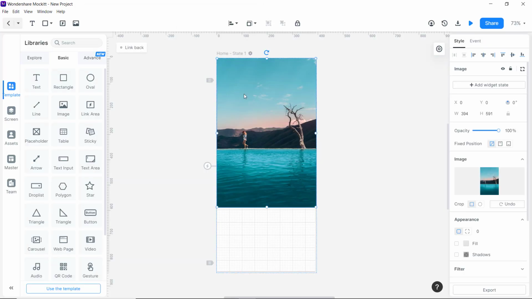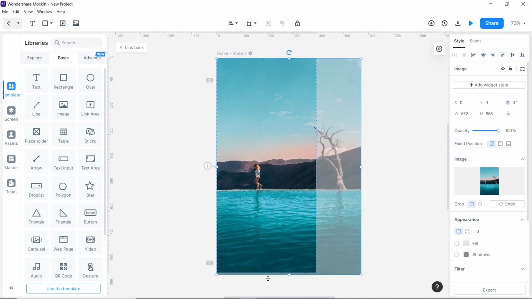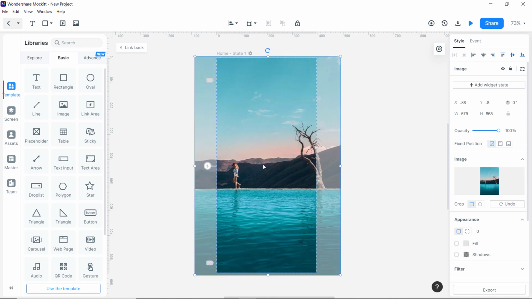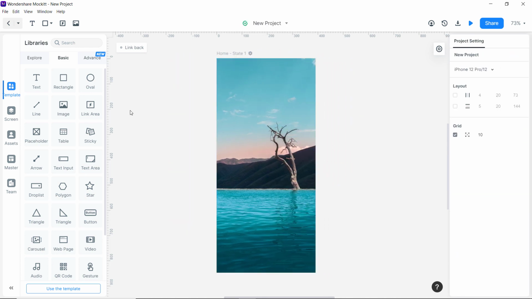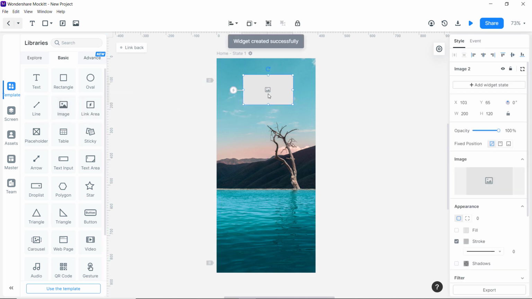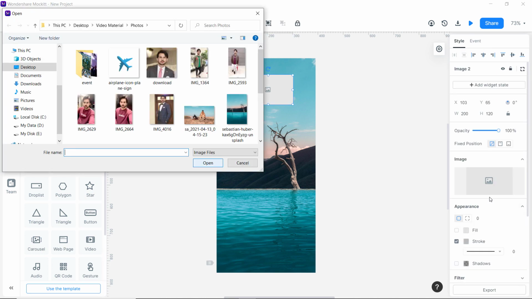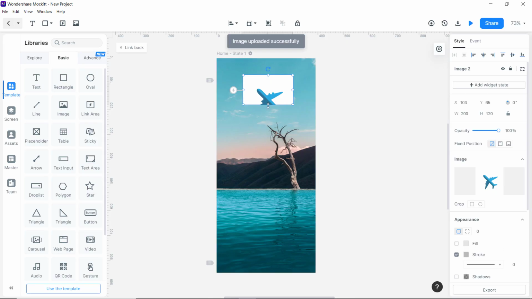To resize the image, you can double tap and hold one of the corners and drag it until you like it. And it's done. Okay, let me quickly add an icon image. And one quick tip over here, if you want to resize proportionally, then hold the shift key while dragging it. It will grow proportional to the height and width, otherwise it will grow only in one direction.